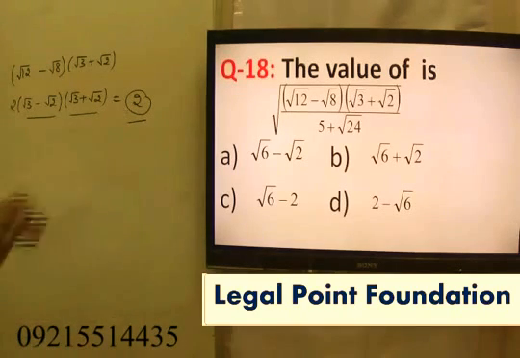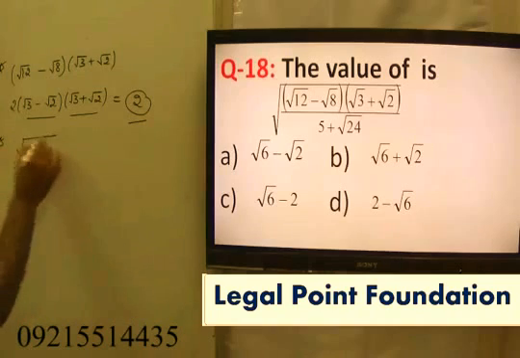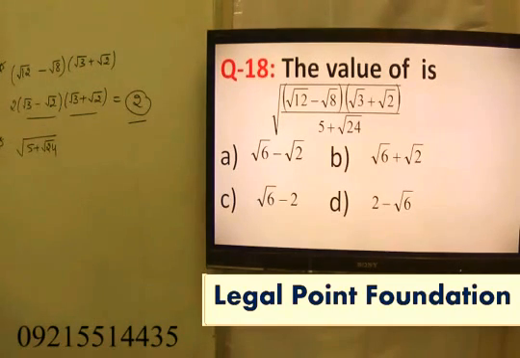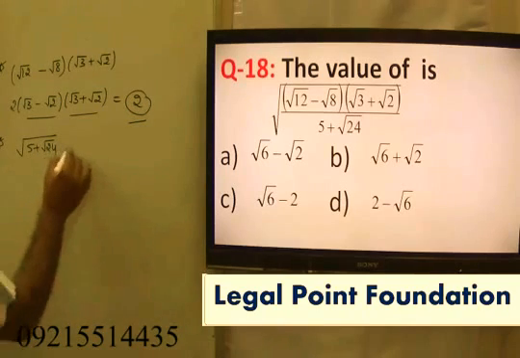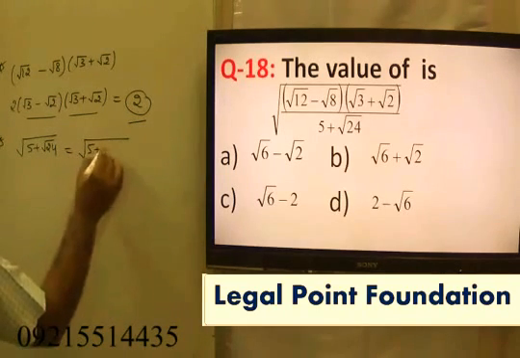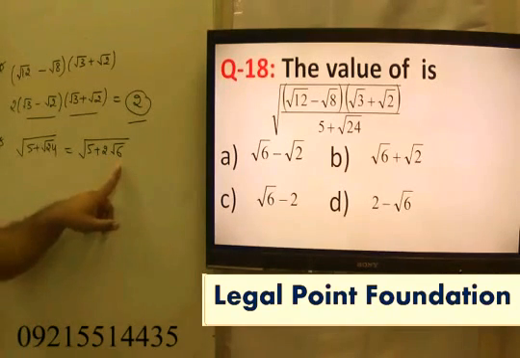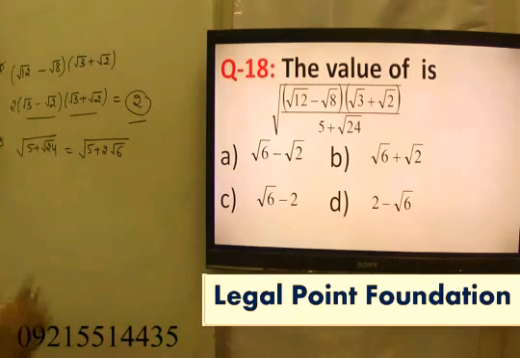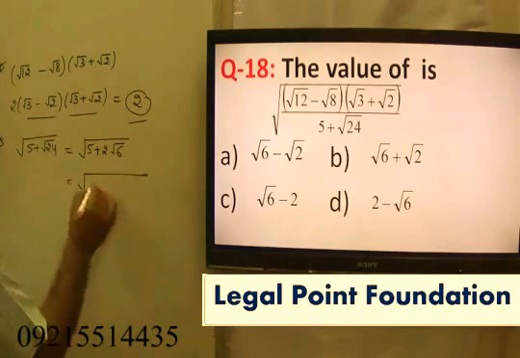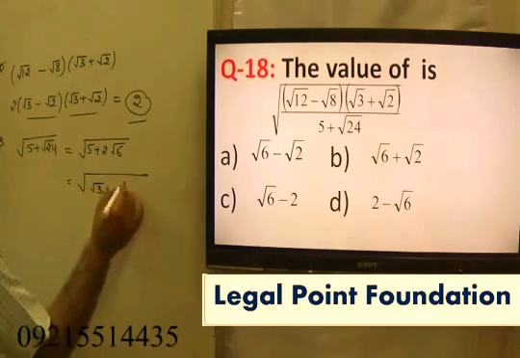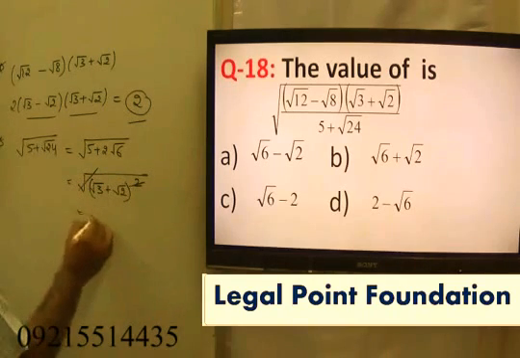Then I try to solve denominator. When I solve the denominator, I will get it as under root of 5 plus √24. It's a standard question. Square root of an irrational number. Try to solve it, 5 plus 2√6. Now convert into a perfect square. क्या करना होता है? √6 है. Take it as √2 into √3. Square of √2 is 2 and √3 is 3. क्या लिख सकते हो आप इसे? इसे आप लिख सकते हैं √3 plus √2 पूरे का होल स्क्वायर. कैंसिल आउट हो गया. क्या वैल्यू मिला?